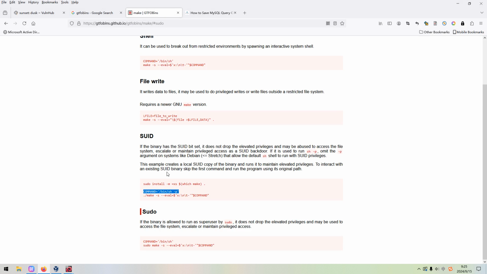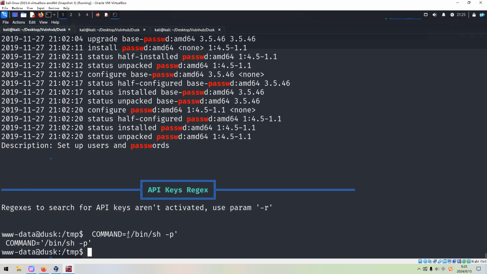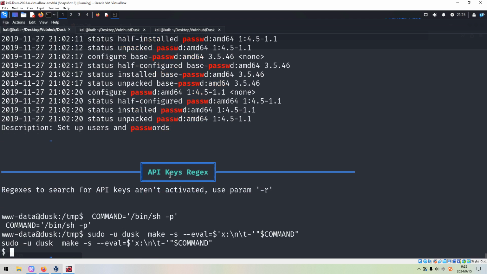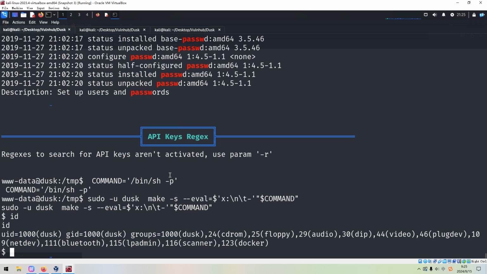And we can copy. Oh, not this one. Should be this one. We can copy. And sudo, we need to specify the username, dask. Paste in here. As you can see, we successfully